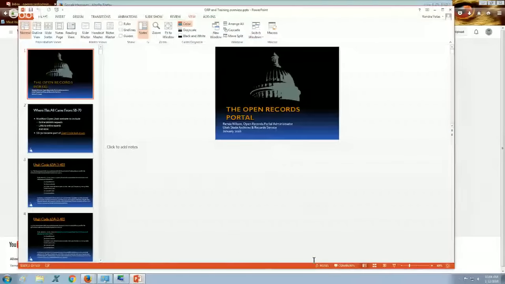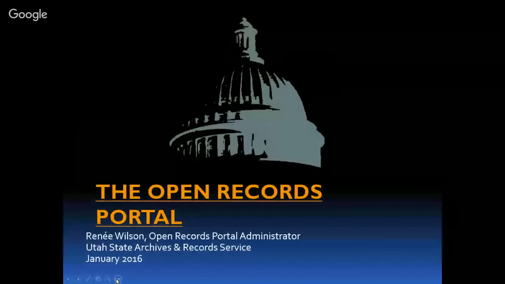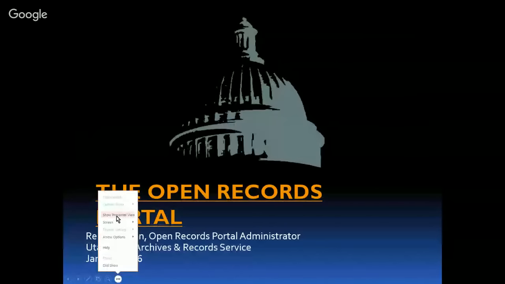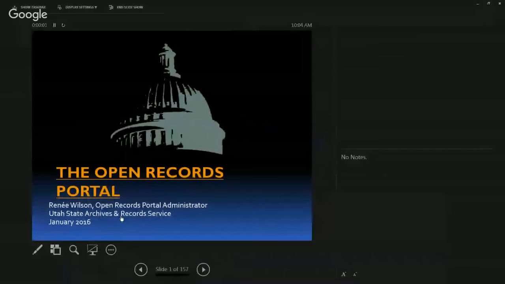Okay, hopefully now you can see my screen. Let's put it back to the slideshow. Okay, you should be able to see the slides now.